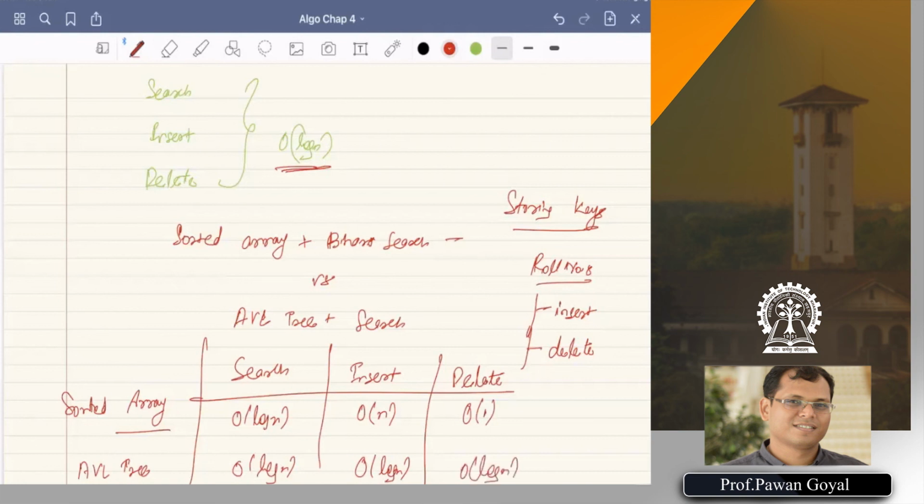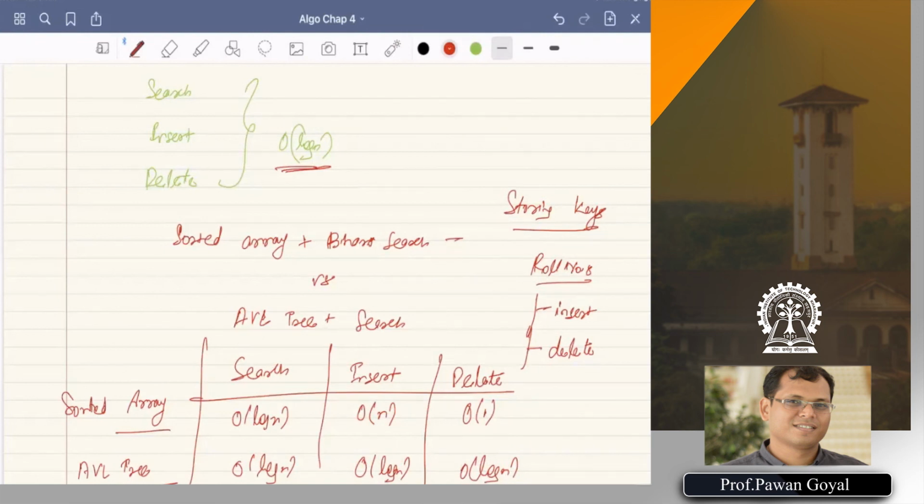But in the worst case, if there are too many insertions, you see the sorted array has a problem, but the AVL tree does not. Everything is O(log n). So this is where AVL trees come into play, and they look like a very good data structure for storing keys, where you have to do constant insertions, deletions, and search operations.